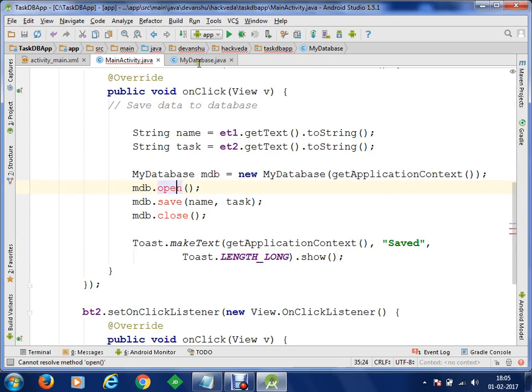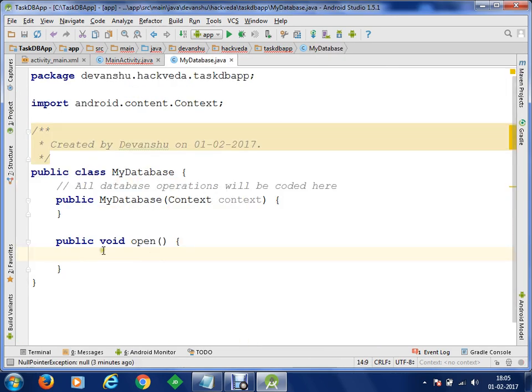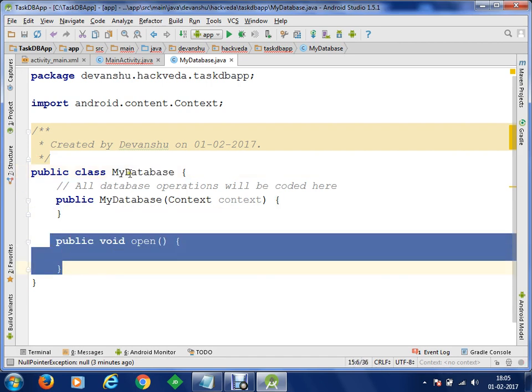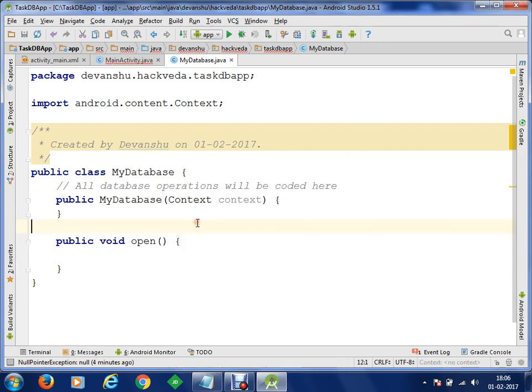Once we open this, what we want is, as soon as we open the database, we want an object to be returned of my database type. This is because we will be able to perform all the operations which are defined within this code, that you will understand a little later as we progress in the code. So at the moment you just understand that what we want, as soon as we execute this open method, is an object of the class type, and the class type is my database. With that object we will be able to access all the methods which we will be declaring here in this class. Clear?